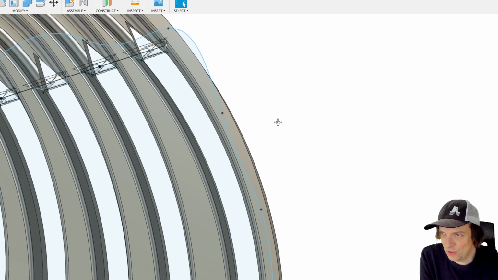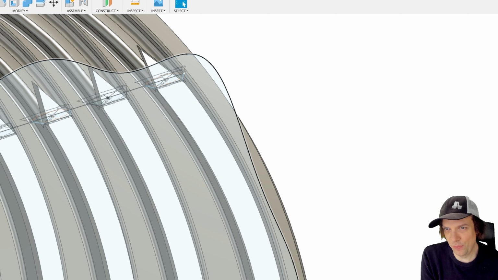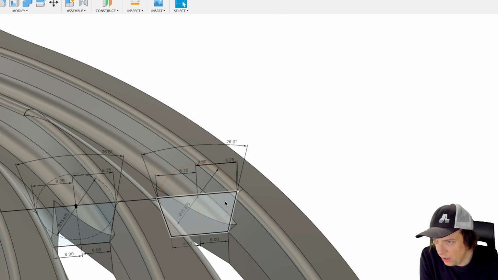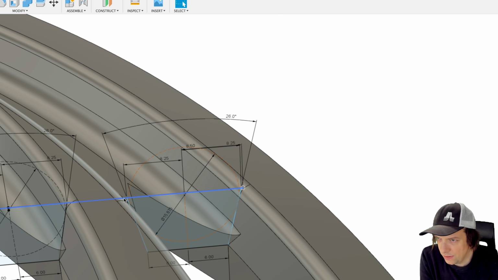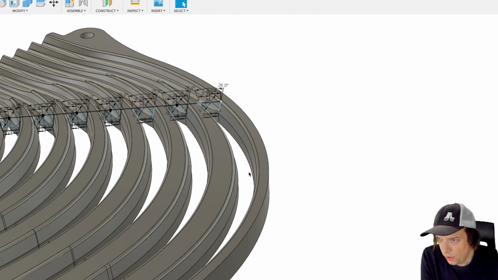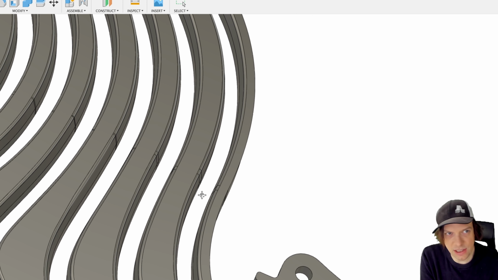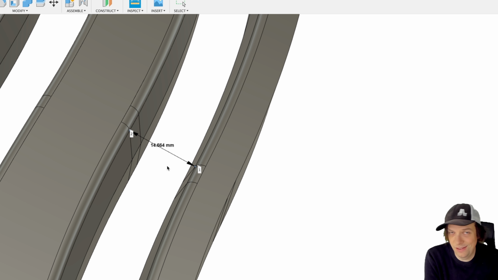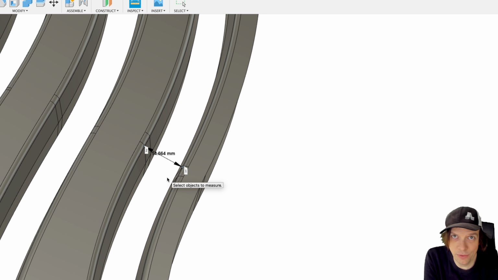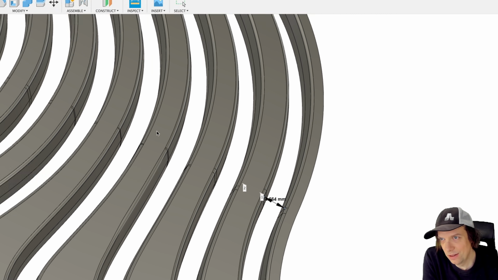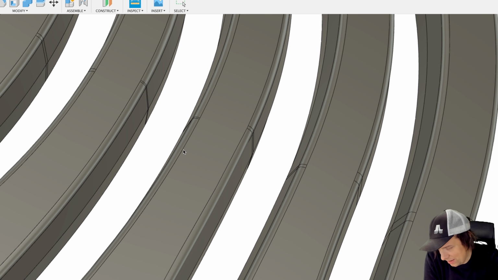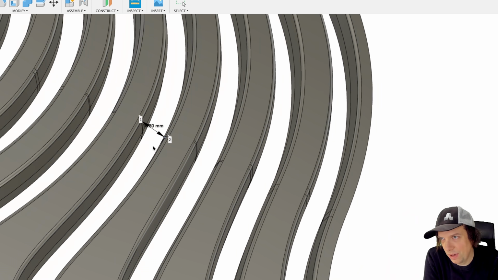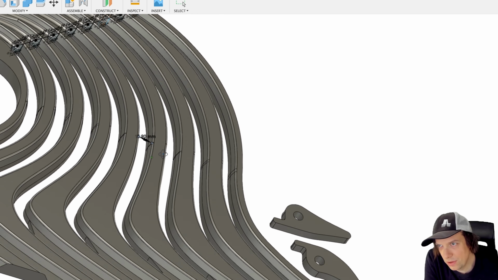The sweep is made by this profile here, and this profile is not 90 degrees to the sweep, so even though the distance here, seen from the front, should be 17 millimeters, the outside lane is much tighter than that. So we can measure here from this point to this point. Yeah, it's only 14. So the marble is actually running on top. The marble isn't running inside the walls. So that lane is too tight. That's why it doesn't work. Yeah, that's 15.8. Yeah, so we have that issue on pretty much everywhere.